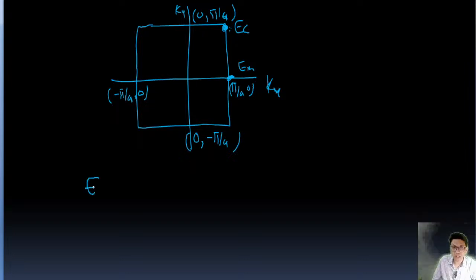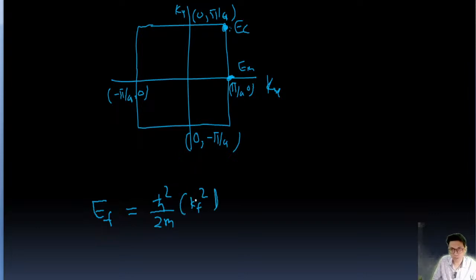We know here EF, the Fermi energy, right? Very simple. EF is ħ squared upon 2m into kF squared, right? This is the EF. So here it is a 2D case, right? In 2D we know,